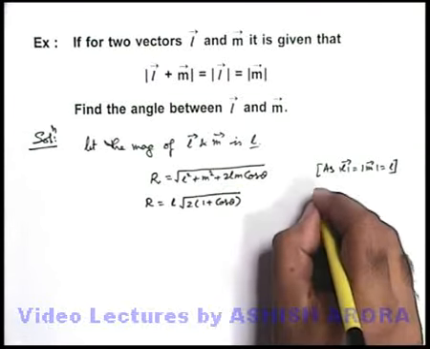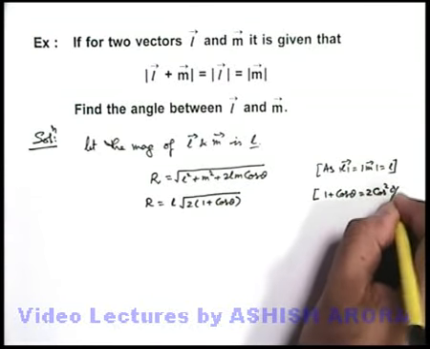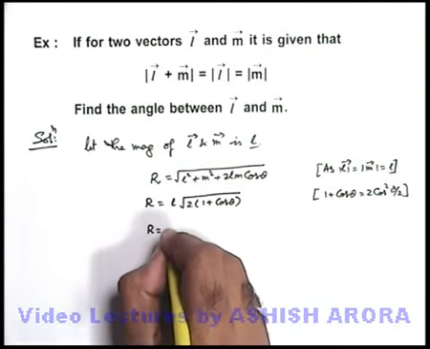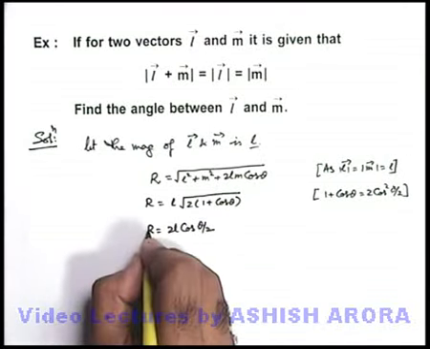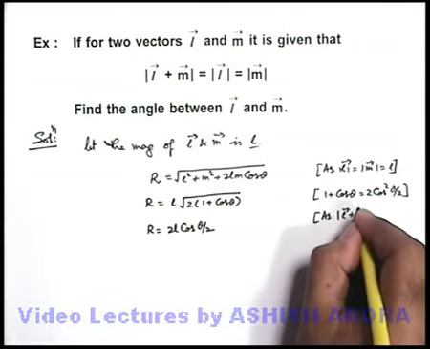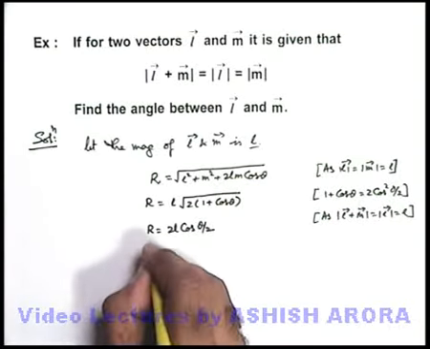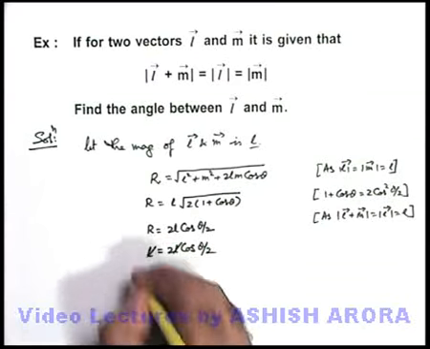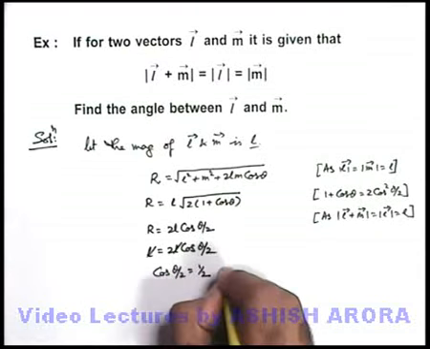And I think all of you know the half angle identity, that is 1 plus cos theta can be written as 2 cos square theta by 2. Here if we use the result, we will get R is equal to 2L cos theta by 2. Now in this situation, this resultant is also given as L, as mod of L vector plus M vector is equal to mod of L vector, which is equal to, say, L. So here we can put the value of R as L. It is L is equal to 2L cos of theta by 2. Here L gets cancelled out and we get cos theta by 2 is equal to 1 by 2,